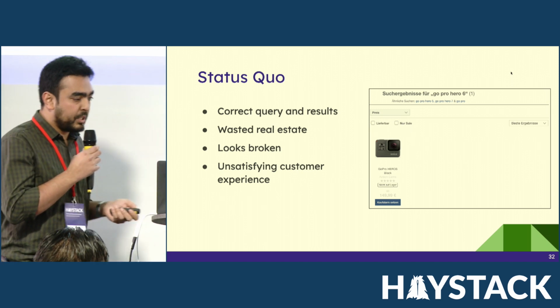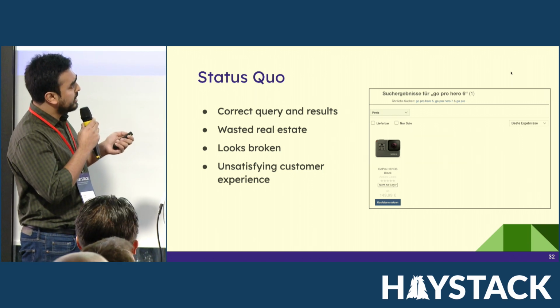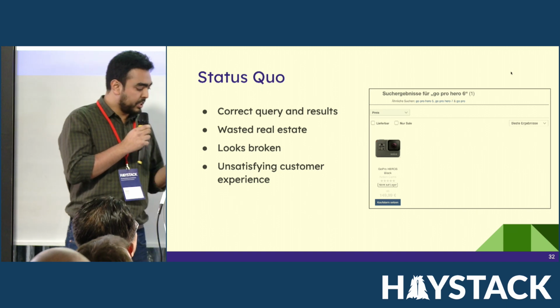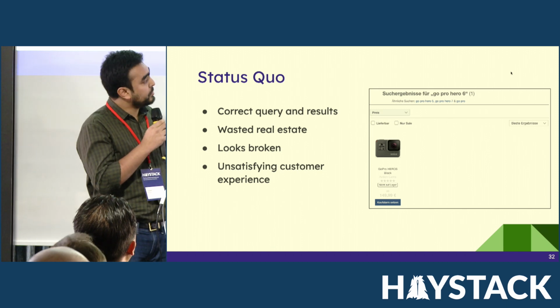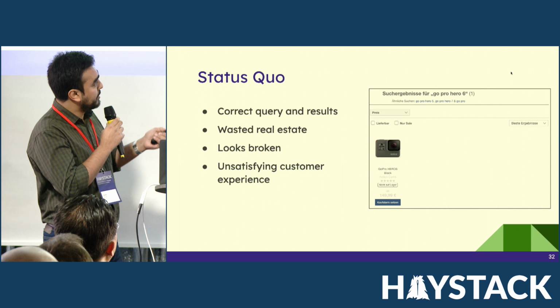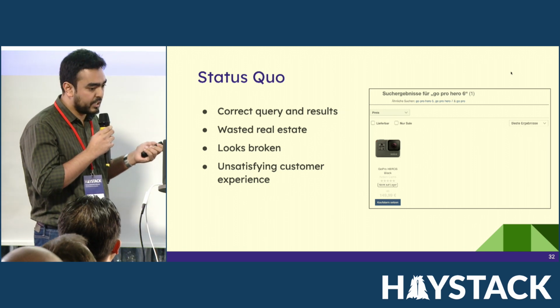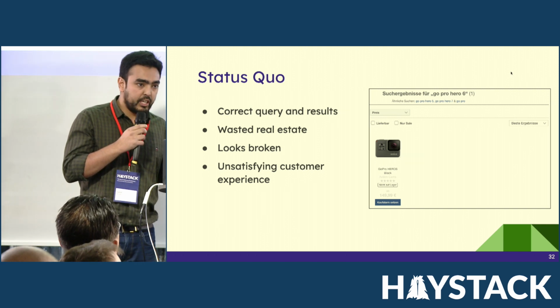Now, there's another example. I think most of you in e-commerce search have probably faced this. Nothing's really gone wrong here. The user asked us for a very specific product, the GoPro Hero 6. There's only one of it available, so we showed them the product, but unfortunately it's unavailable. The call to action is basically, do you want to set a buy alert for this product because it's currently unavailable. But then there's a lot of wasted white space on this page,